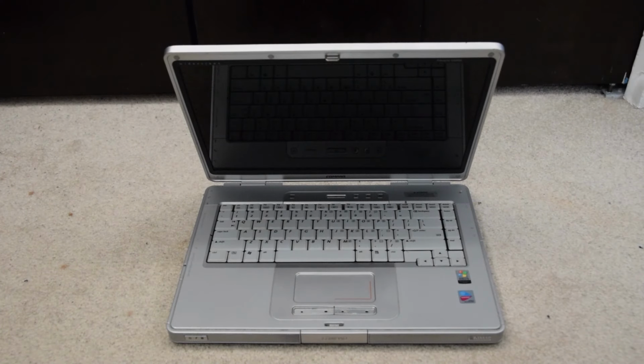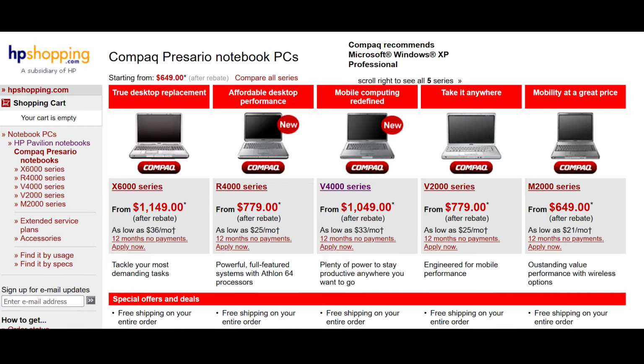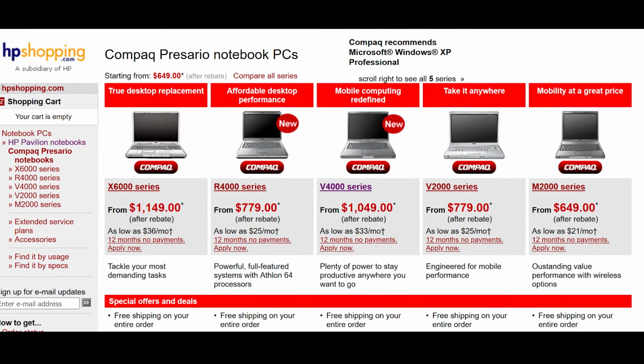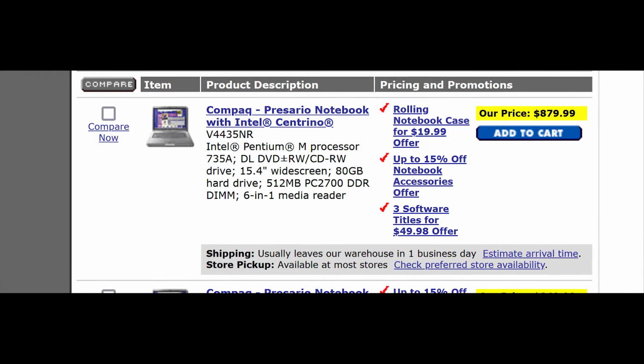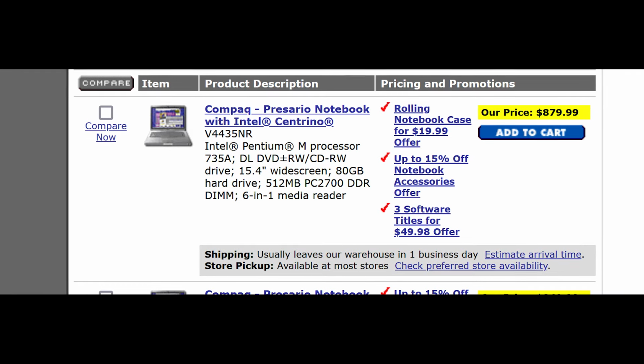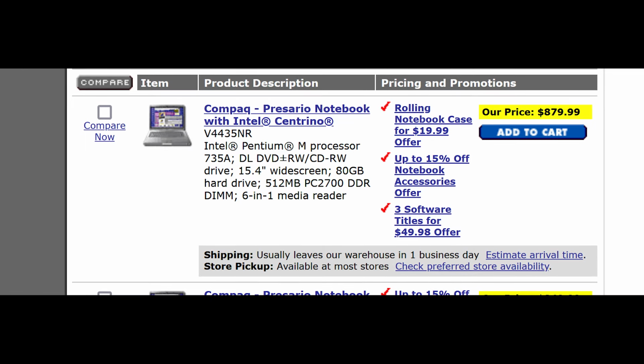The Presario V4000 line of Compaq laptops appears to have released around April 2005, and while I wasn't able to find this specific one on HP's old website, I did find this exact model on Best Buy's old website, debuting in around April of 2006 for